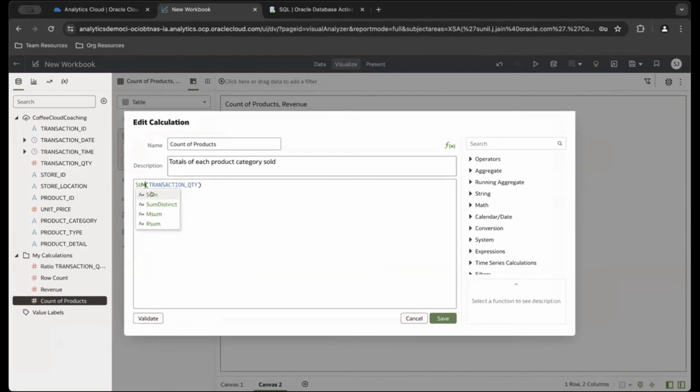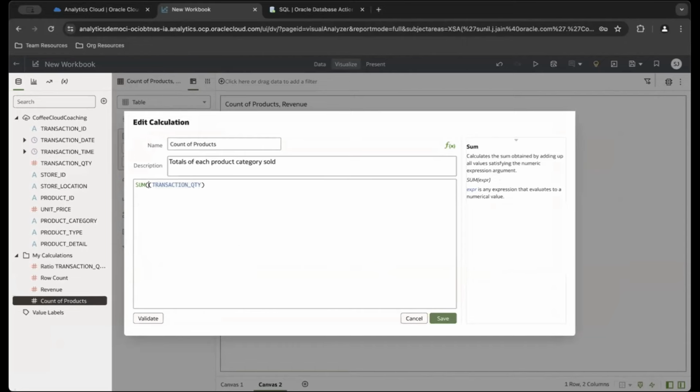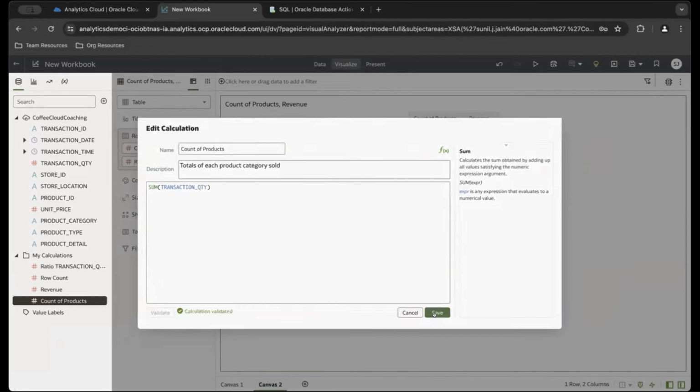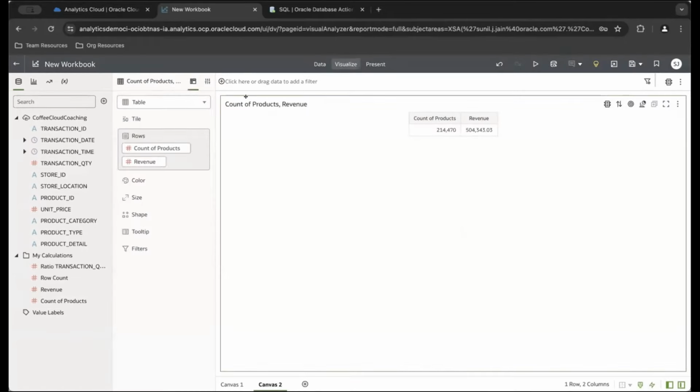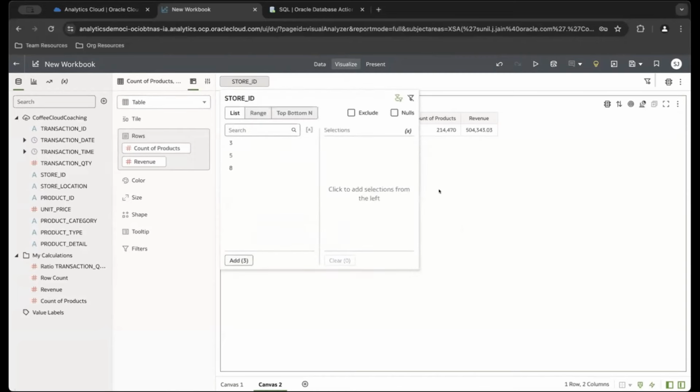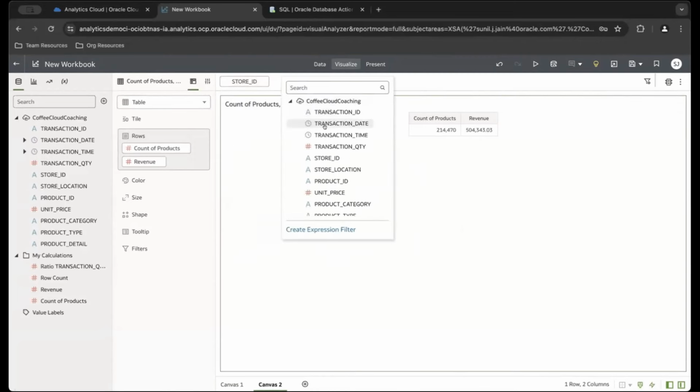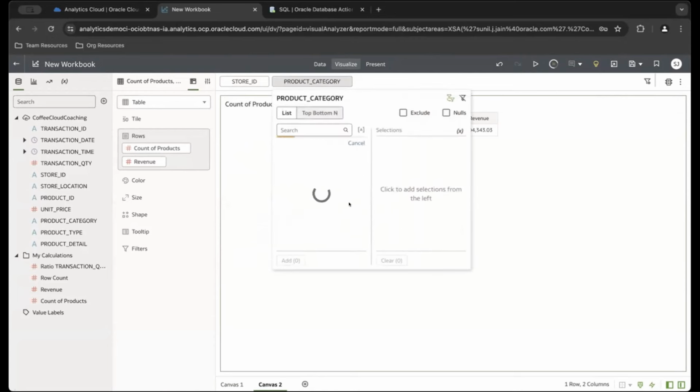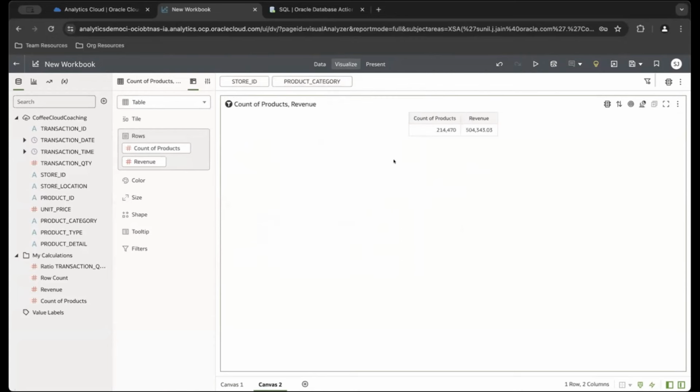Sorry, let's make this a sum because transaction quantity is a numerical variable. Okay, we'll save it. And now we'll put in some filters. So we'll use store ID for one, and then we'll create a second filter based off of the product category. So now we'll see here we have our count of products sold,